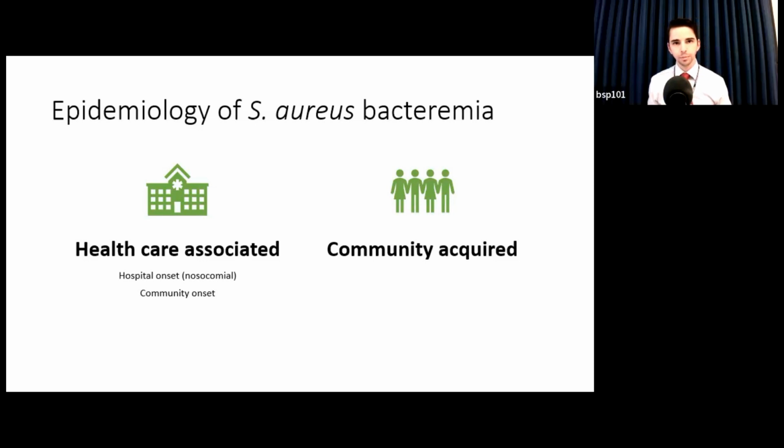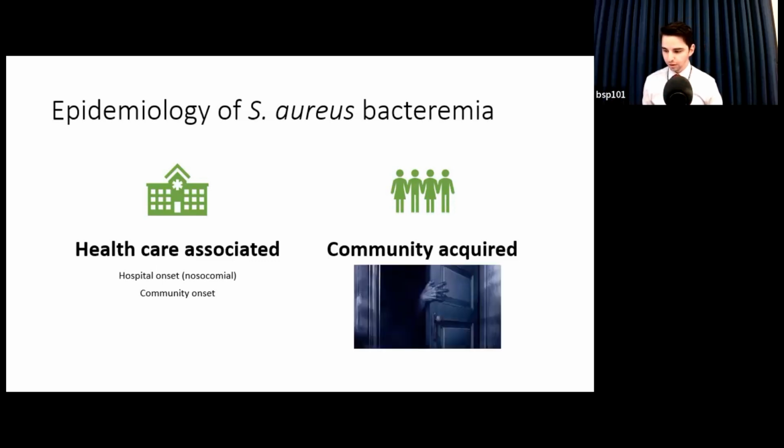Healthcare-associated infections include patients who developed infection in the hospital, so they were in the hospital for at least 48 hours and then developed bloodstream infection, or have a lot of healthcare exposure outside the hospital, whether they're in dialysis or they had a recent outpatient surgery. And then we have pure community-acquired infections, patients who had not had a lot of contact with healthcare, had not been recently admitted to the hospital, and are coming in with Staph aureus bacteremia. And those cases are more difficult.